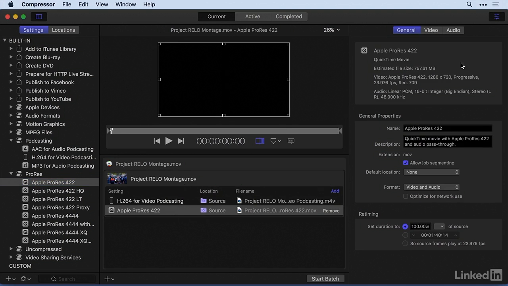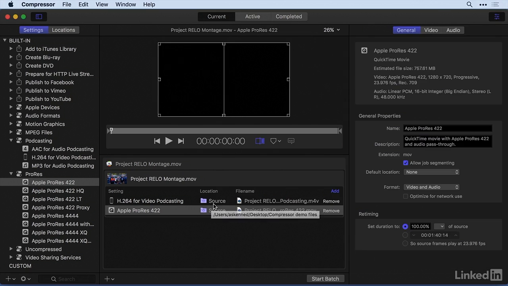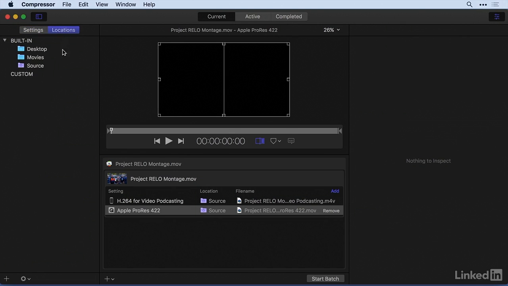Now you see that when I do that, the name of the file is the name of the file, and then it's appended with the compression setting, okay? And then you see that the default location, at least in this case, is source, okay? So the exported file is going to go to the same location that I got my Project Reload montage file from. I can change that by just going up to locations, and let's say that I want to change that